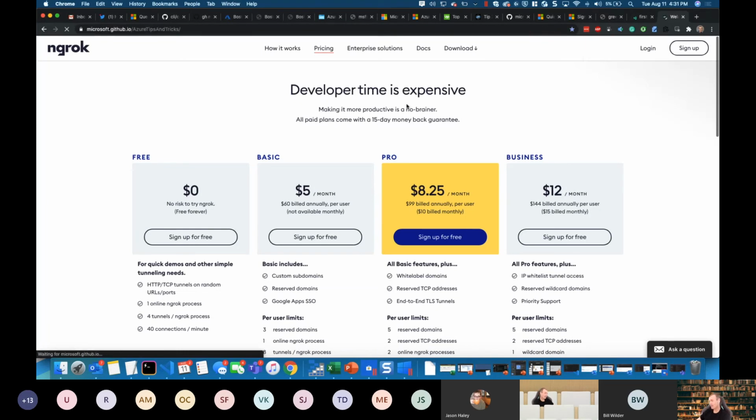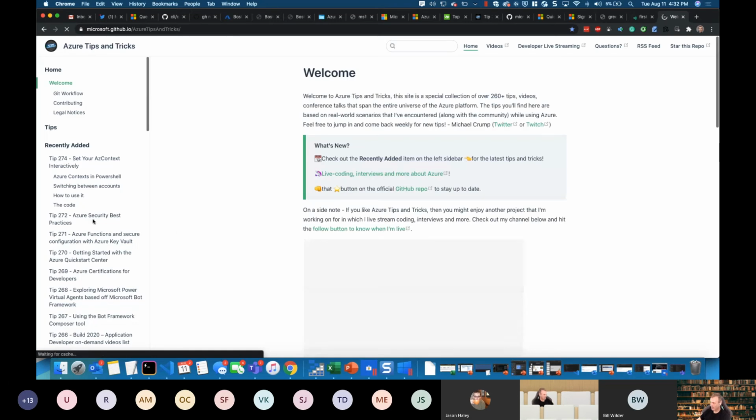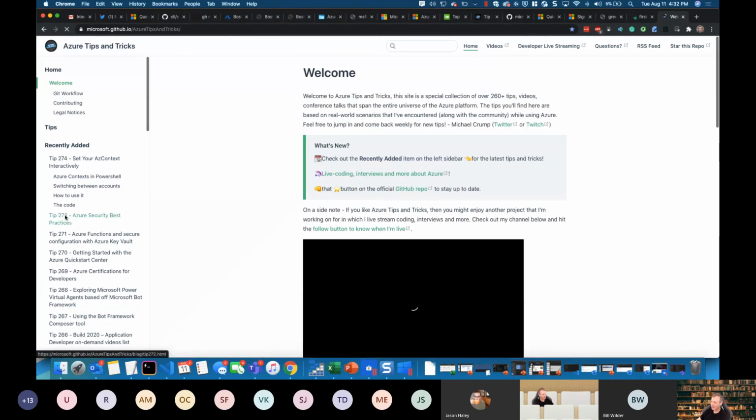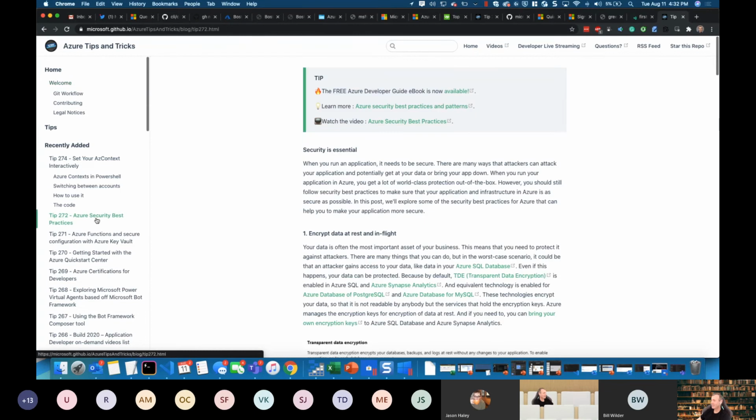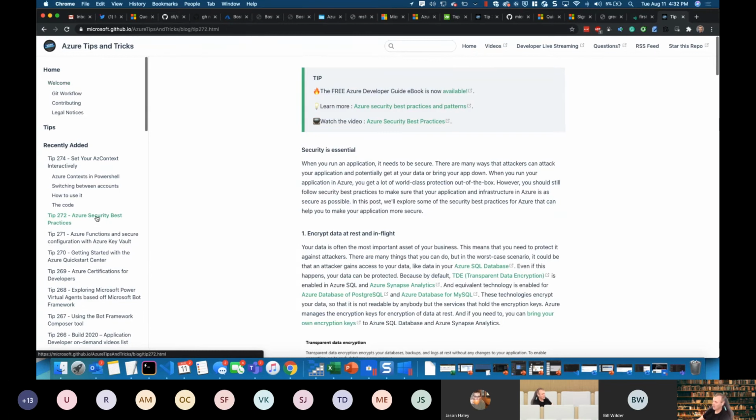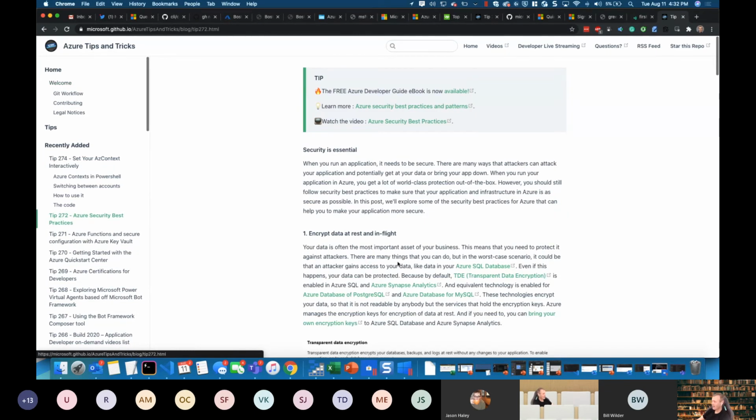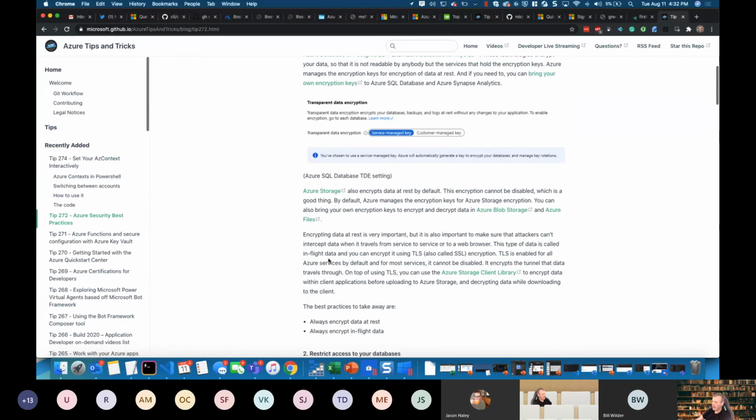That may be true from my personal workflow here, but there are some security best practices. It's something I've been doing and enjoying a bunch on the stream here. So yeah, there's some of these. I recently did this one on securely using Azure Functions with key vaults. And the one that I really wanted to show you